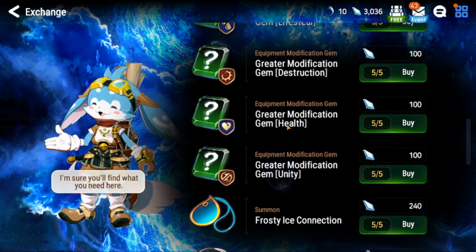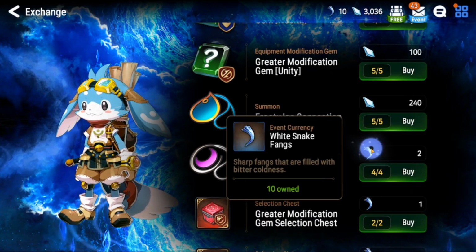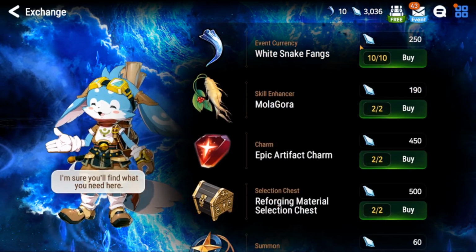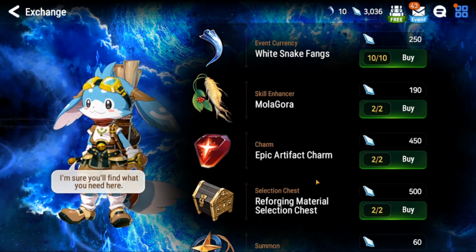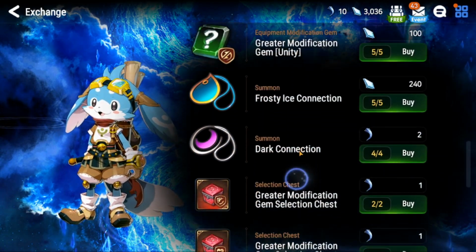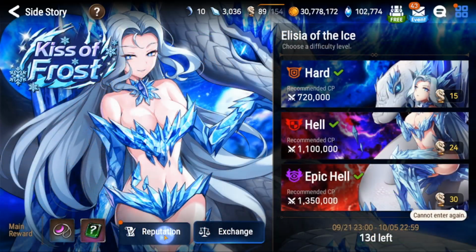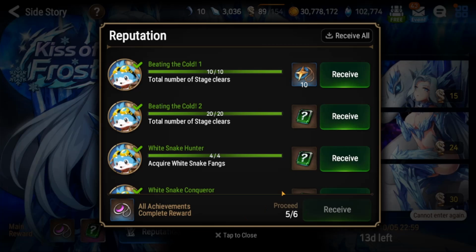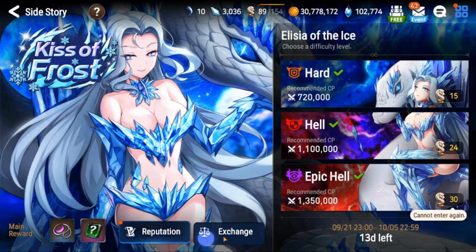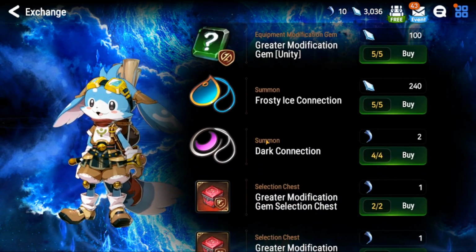It just takes some farming, so it is going to take quite a bit of energy for you to pick up, but you definitely want to pick up these white snake fangs. And so you're able to buy a total of 10 using the snake scales. And so if you are able to buy all 10, you're able to use those 10 to pick up these Dark Connection summons. Now you get one summon from the reputation, I believe. So once you complete all of the reputations here, you'll get one of these Dark Connection summons, plus the 4 that you can pick up from the exchange shop gives you a total of 5 Dark Connections,